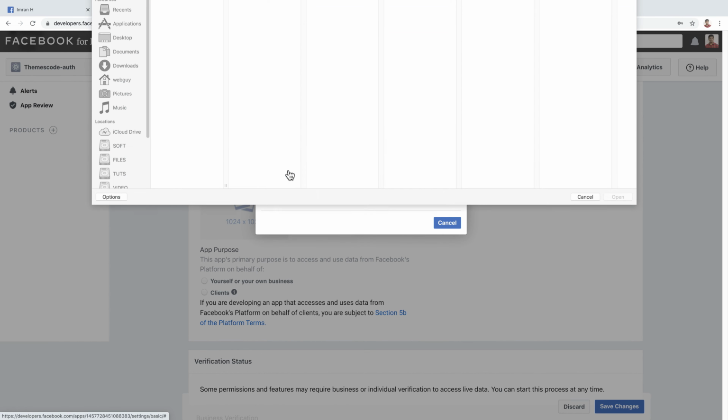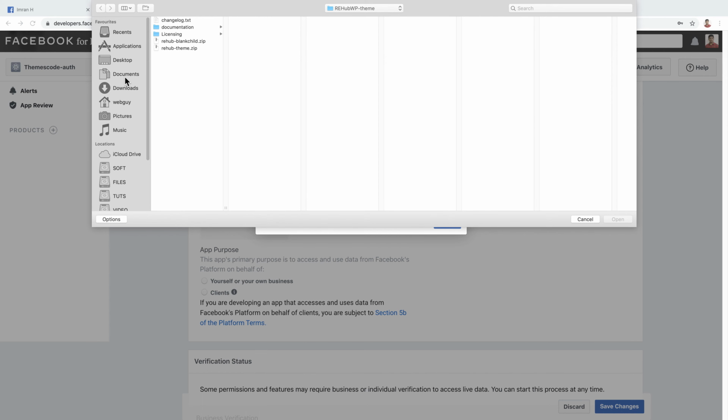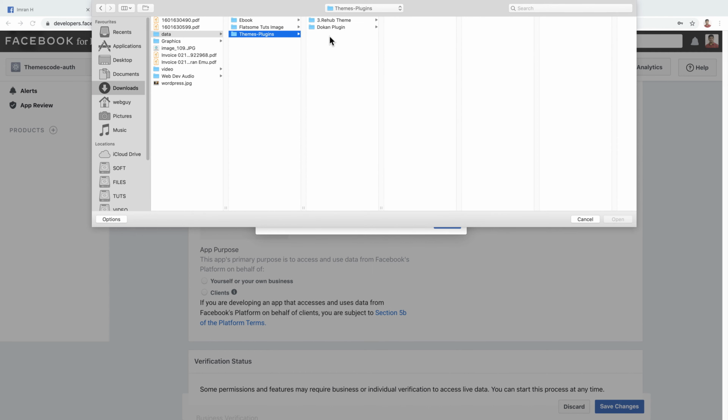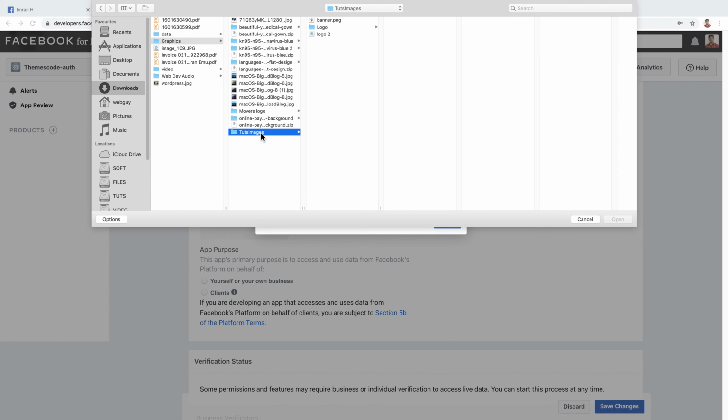Choose file, go to downloads, here is a logo.